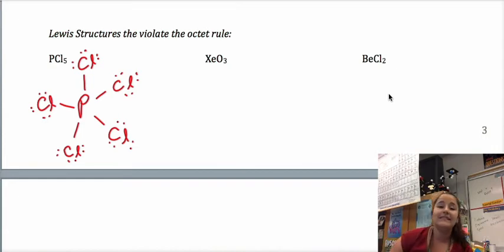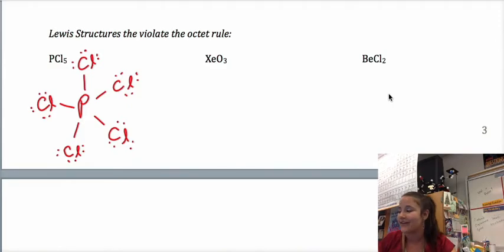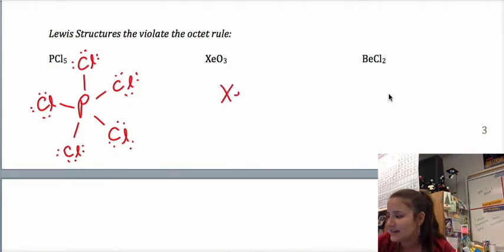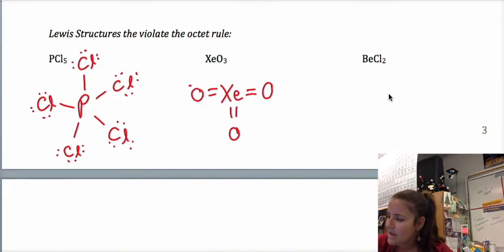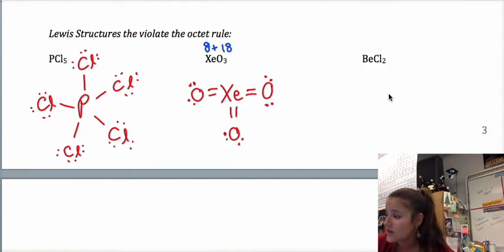Okay. Xenon is another one. Xenon doesn't care. It'll be like, I'll bond whatever. The structure for XeO3, a common one, is Xe. Oxygen likes to form 2 bonds. And actually, let's go ahead and see how many electrons we're supposed to have in this molecule. Xe is a noble gas, so it has 8. The oxygens each have 6, so 6 times 3 is 18. So we should have 26